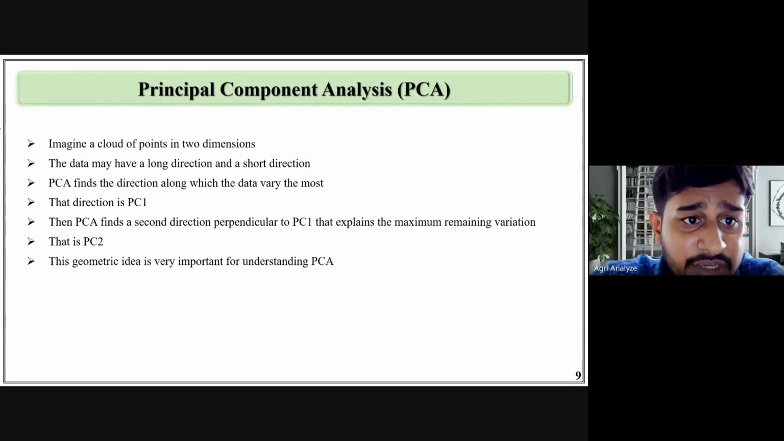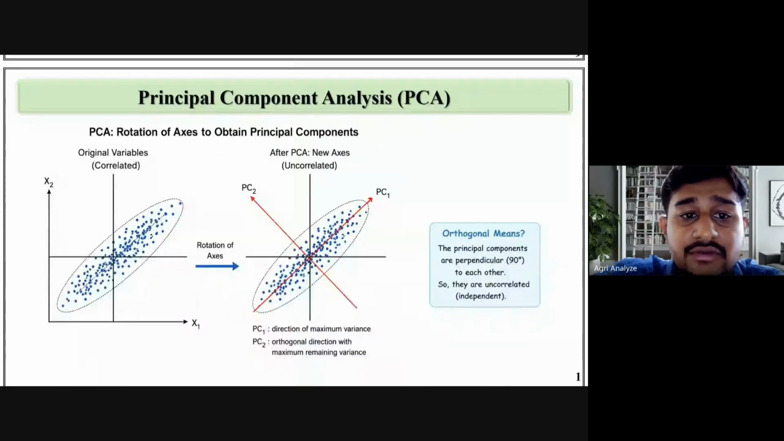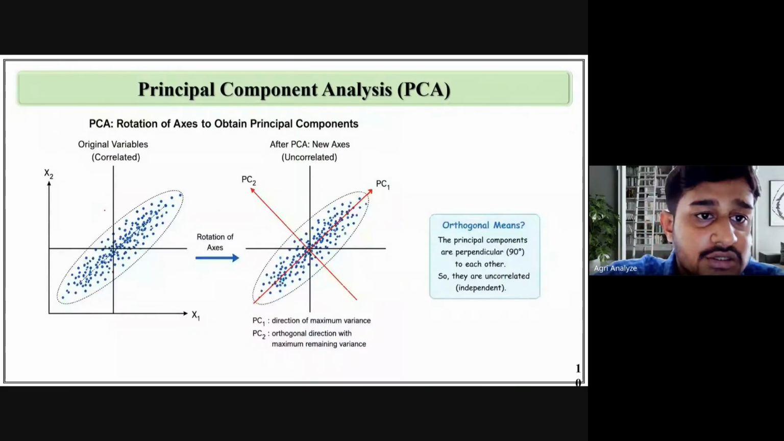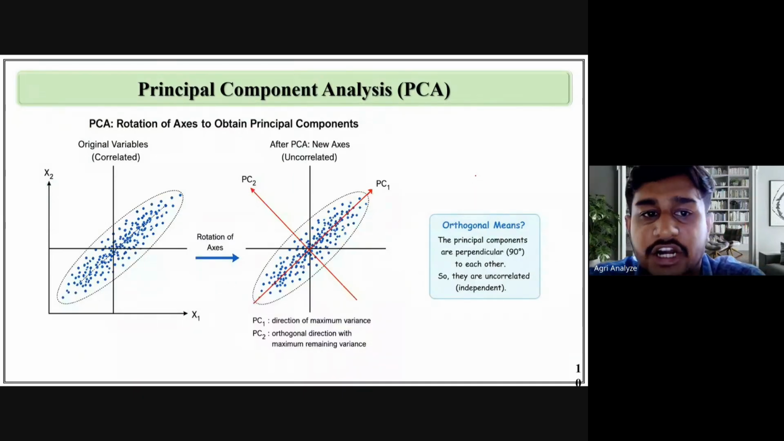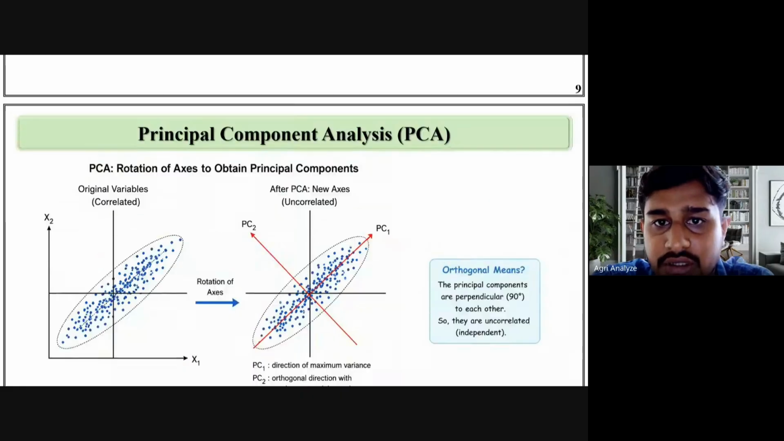Now, imagine a cloud of points in 2 dimensions. The data may have a long direction and a short direction. I can explain this easily with this graph. So this is our original variables x2 and x1, which are positively correlated. Why are they positively correlated with each other? Because, like here,